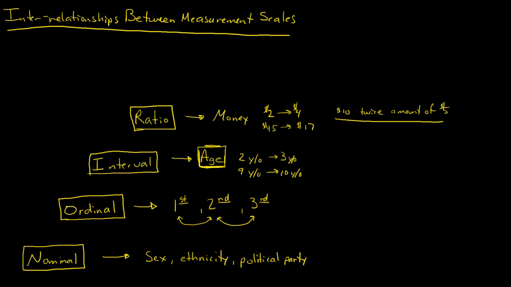But I guess really what I also want to hit is that as the researcher, you can oftentimes take a variable that's at a higher level here, let's say that's something that's a ratio, and you can move it down. You can move it down to either an ordinal level, or you could even move it down to a nominal level. So for example, and you've probably seen this on surveys before,